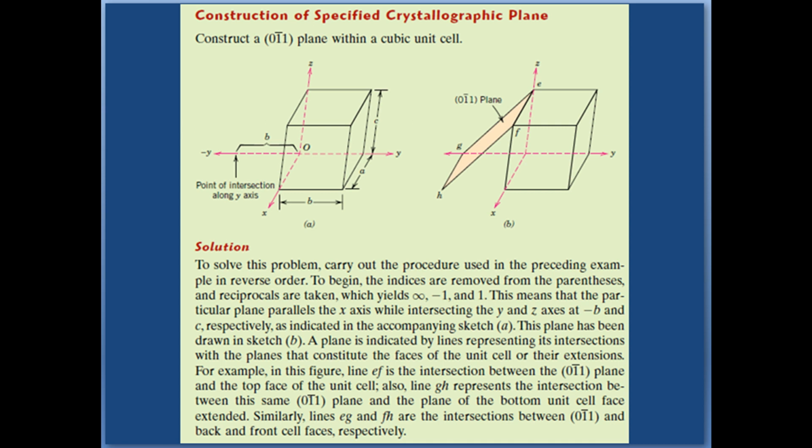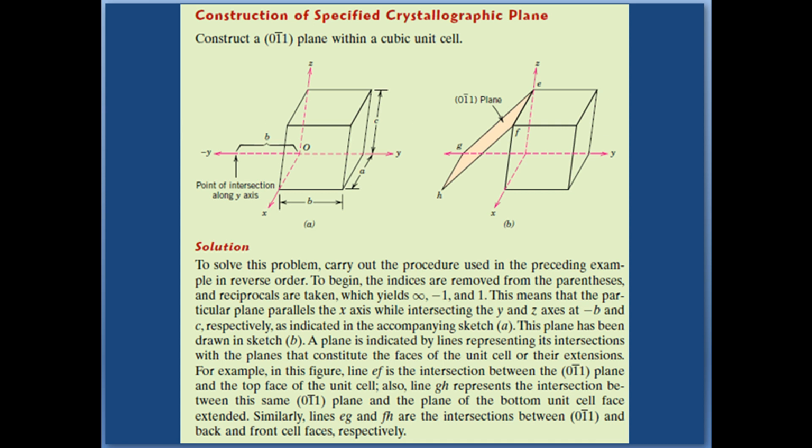The length of the planar intercept for each axis is determined in terms of lattice parameters, that is a, b and c. And the first step is, if the plane passes through the selected origin, either another parallel plane must be constructed within the unit cell by an appropriate translation, or a new origin must be established at the corner of another unit cell. The same procedure we are going to follow in the reverse order, means first I am going to follow step number 5, then 4, then 3, then 2 and lastly the final step.